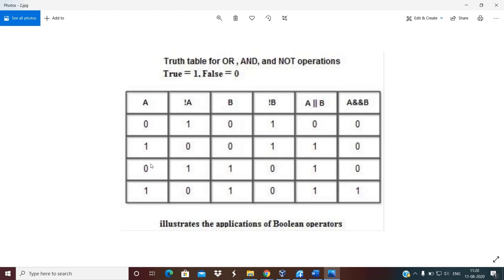But if any one of them is 1, the answer will be 1, and if both are ones, the answer will be 1. Almost the reverse of this is true for logical AND. If both the operands are ones, one meaning true or yes, then logical AND returns 1. Okay, so this is how you should interpret this entire truth table, right?